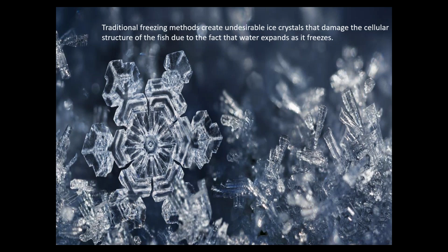So what happened with the fishmonger there is, first of all, two things. You were working with old fish to begin with, and then you put it into this traditional method of freezing. So when the customer comes to take that fish, take it home and thaw it out, those large ice crystals that are formed within the fish, once you thaw it, you can start to see that the flesh of the fish is very loose. Okay, the texture is different, the color is different. This is all because of the traditional slow freezing method. All right, so fast forward to today,